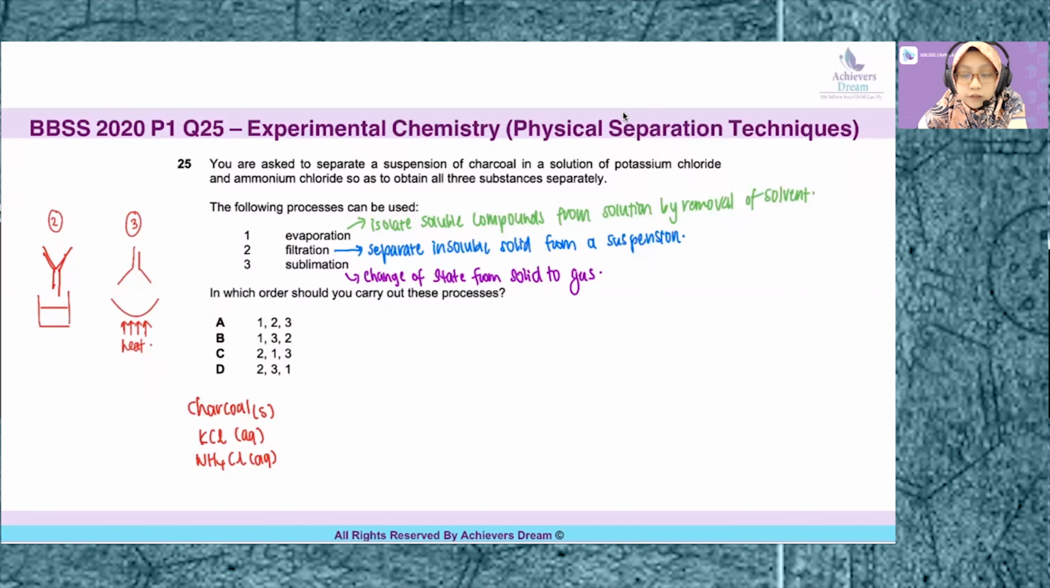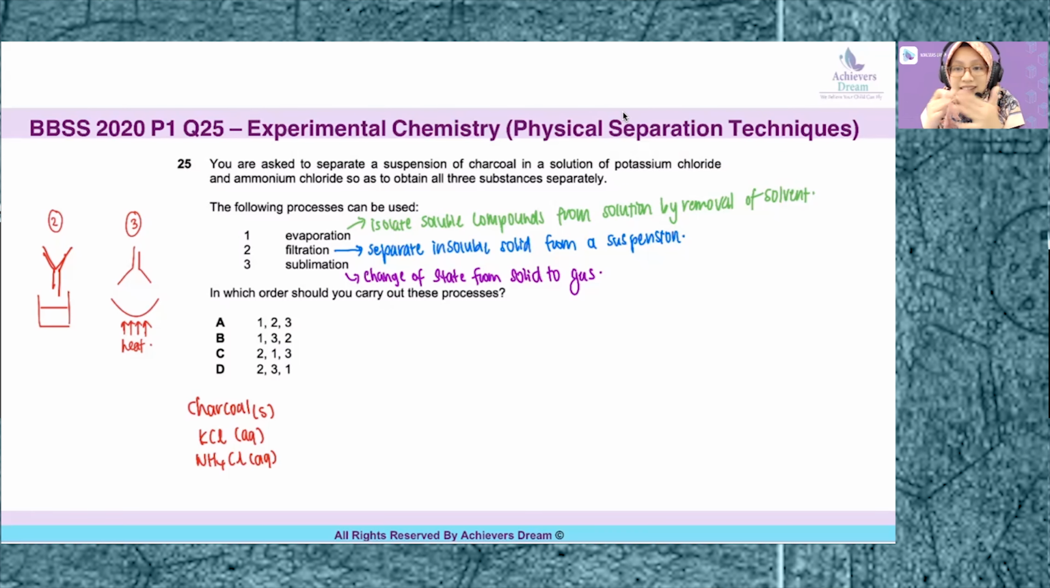Question 25 is actually testing students on the topic of experimental chemistry. To be more specific, whether students remember the function or the purpose of different physical separation techniques. Okay, so before we read the question, I want to focus on the three physical separation techniques that are listed